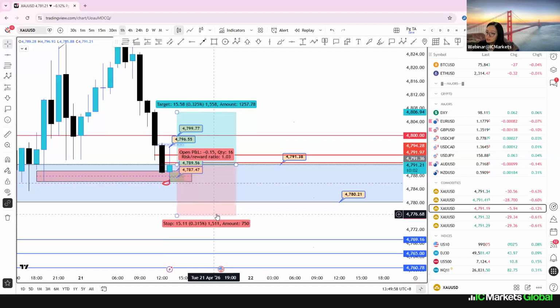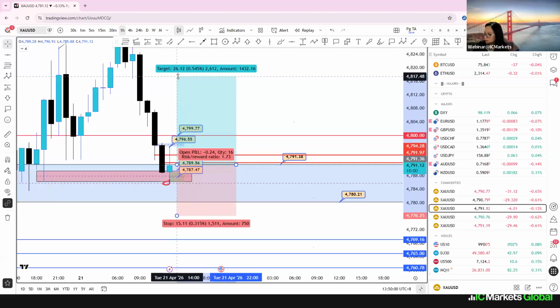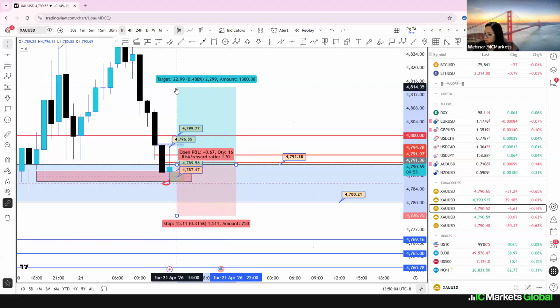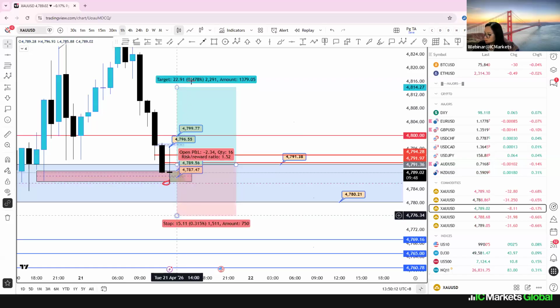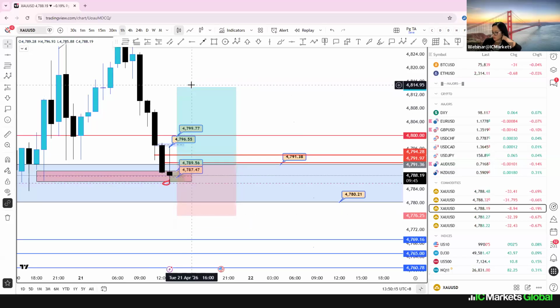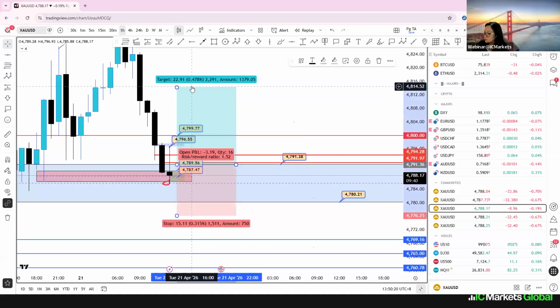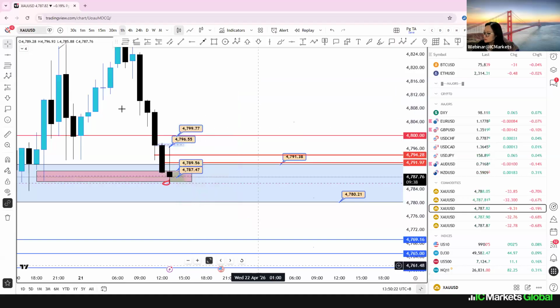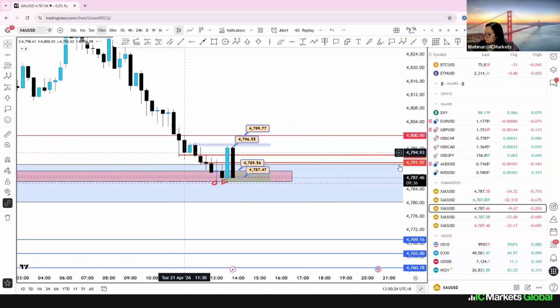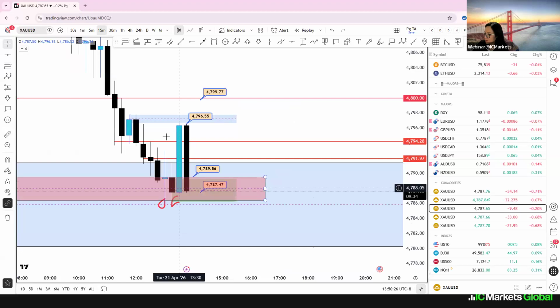Okay, but then you say you want to get more than 1 to 2, so where your take profit would be, you can look here, 1 to 1.5 is somewhere at this level. Meaning if you want to buy here just now, this is going to be your stop loss, this is going to be your take profit, which is 1 to 1 risk and reward, right? But right now, price is not closing above 4,700. I go back again. Here, this is a close above, now it goes back to this buy zone.